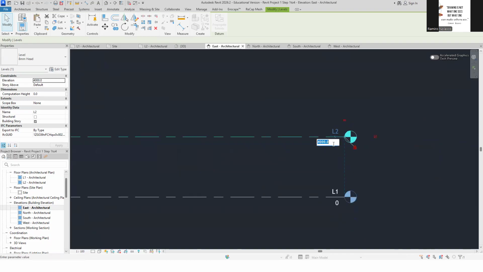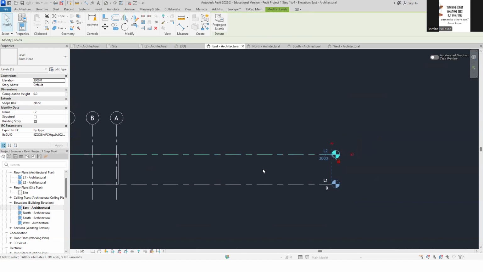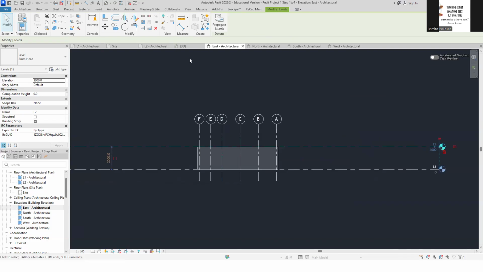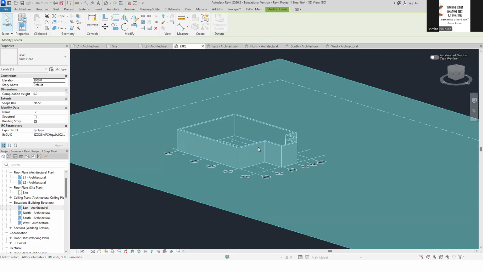But I could change this. Revit actually means revise it. It's easy to revise it. So you simply change this. If I want this to be 3,000, enter. Then the walls are 3,000. All that will also change automatically.